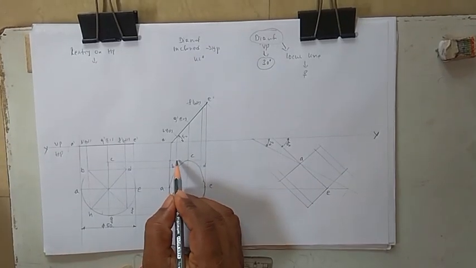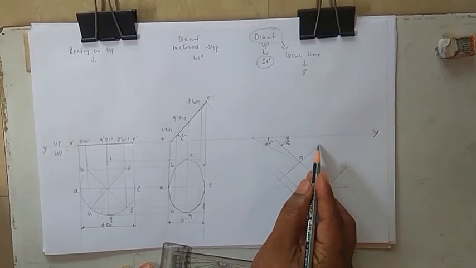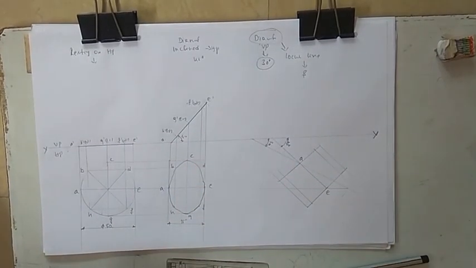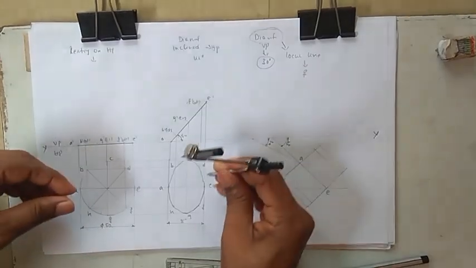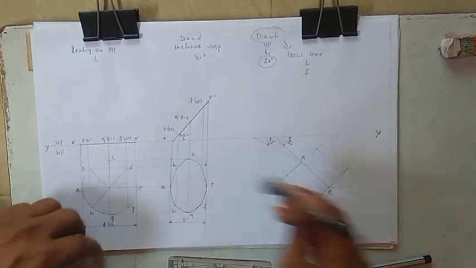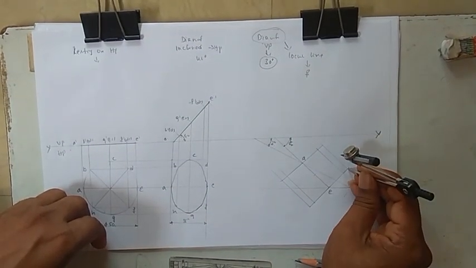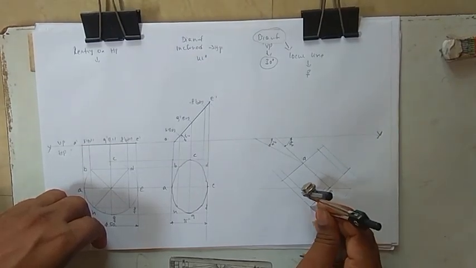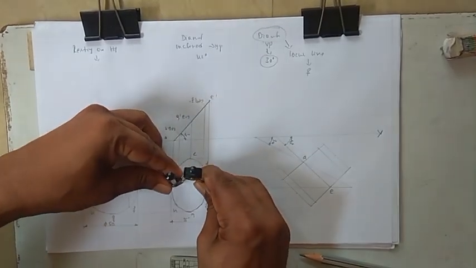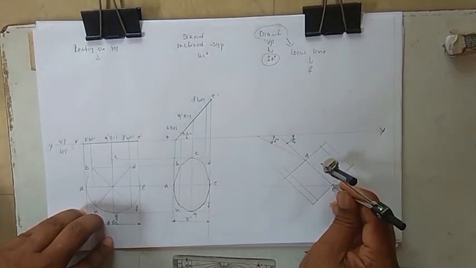So now you see there are 1 2 3 4 5 lines. Here already we have 2, we need to have 3 lines. So first we need to take the midpoint. Midpoint means from E to the center point. So this is the center point. Then from E to the next line, that is the BH line. E to the BH line.